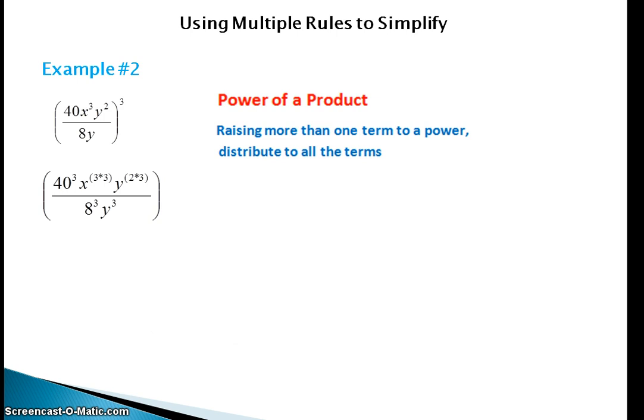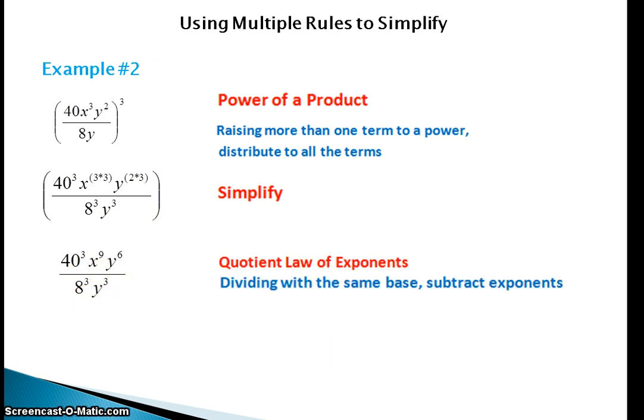Now, next, I simplify. So, I'm going to go ahead and do this multiplication, and I'm going to end up with 40 to the 3rd power, x to the 9th power, y to the 6th power, all divided by 8 to the 3rd power, and y to the 3rd power. Now, I'm going to apply the quotient law of exponents. Anything that has the same base, I'm going to subtract the exponents. Well, 40 and 8 aren't the same. There are no x in the denominator, so I can't do anything with that. But I do have y to the 6th and y to the 3rd, so I can